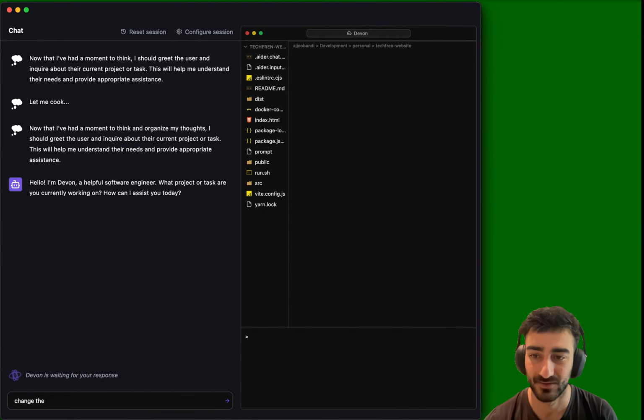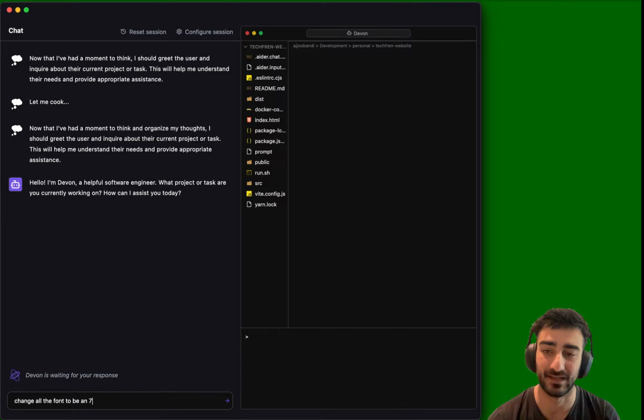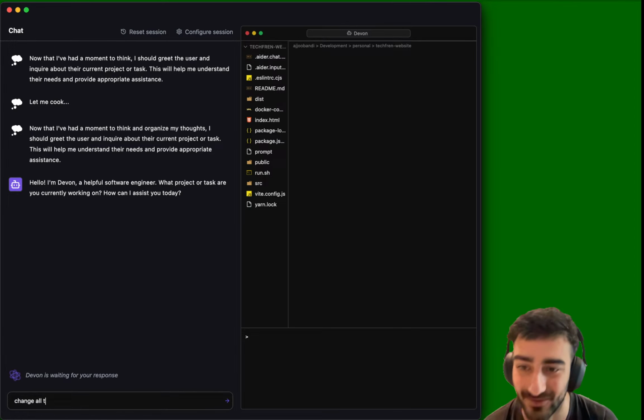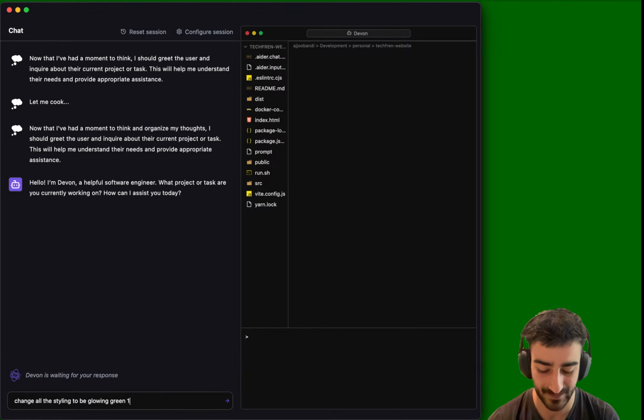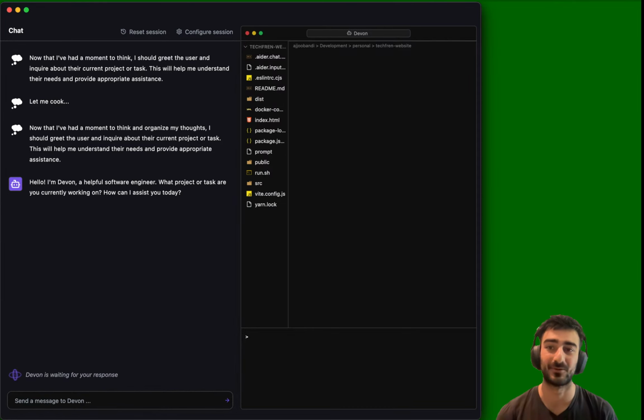Change all the font to be glowing green, to be an 8-bit computer terminal. Wait, let's just say change all the styling to be glowing green 8-bit, 16-bit terminal style when in dark mode. Let's see if we can do this. This is quite a big task because it's gonna need to change the whole